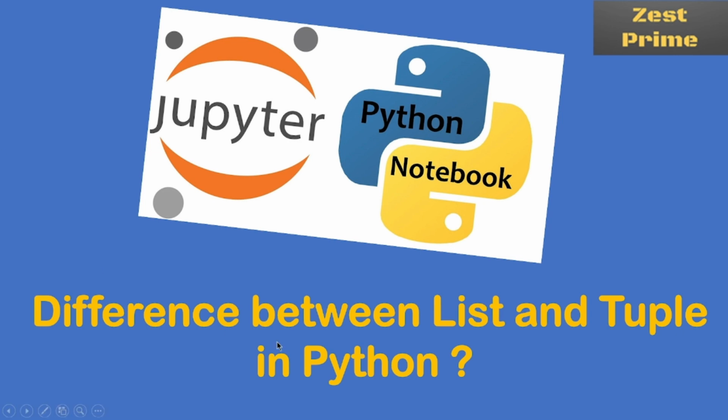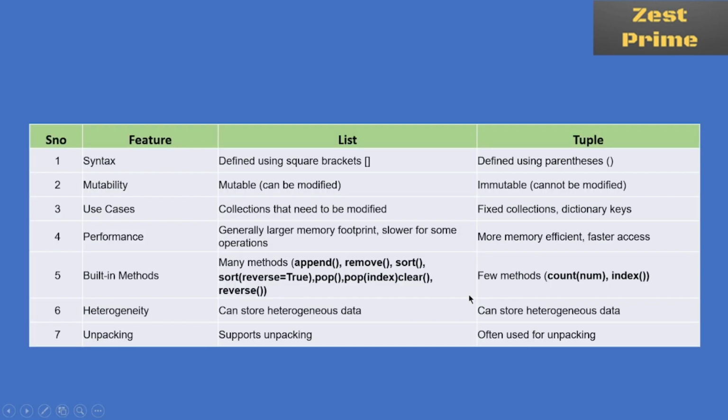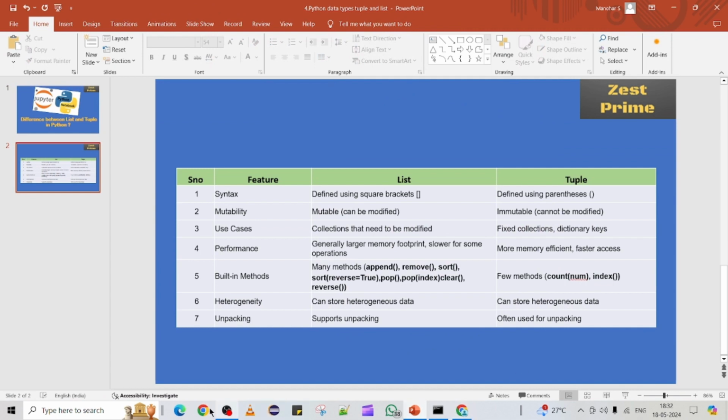So the basic differences between list and tuple we can see. These are the basic 7 differences between a list and tuple. We are going to see each one with an example, how the difference looks exactly between list and tuple. So let's get started by just opening a